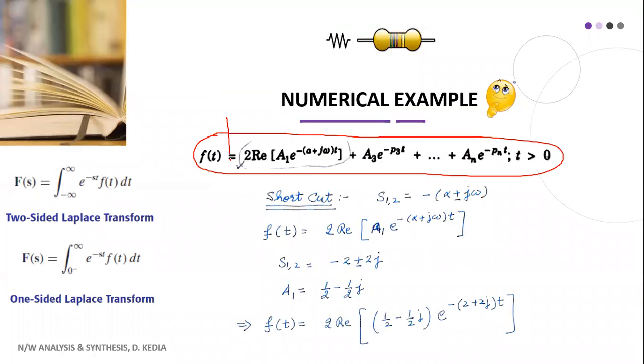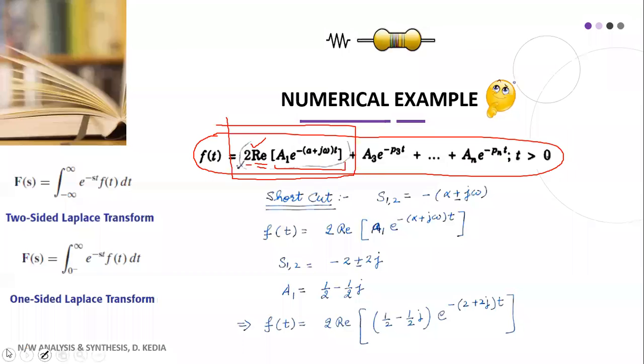Okay. And particularly this thing for the case of your complex roots. So in case we have complex roots, you have to simply work it like this. You have to make twice of real part. 2 will be there and you have to obtain real part. Real part of this: real part of a1 e raised to power minus of alpha plus j omega t. You have to consider only real part of this.